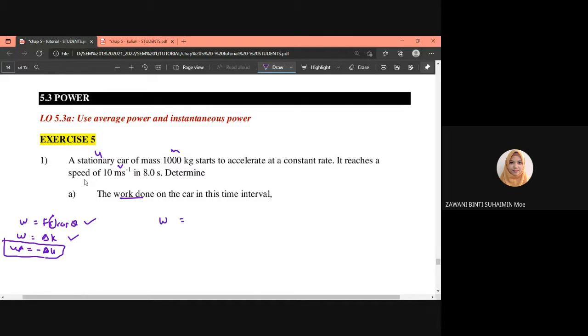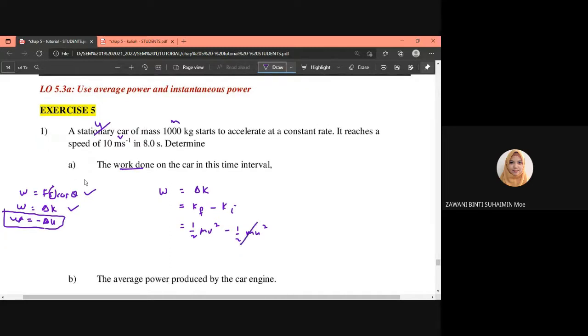So work is equal to the change of kinetic energy. K final minus K initial. So 1/2 mv square minus 1/2 mu square. Initially it's in stationary state, so meaning our initial velocity will be 0. So work is equal to 1/2, mass dah ada 1000 kg, lepas tu final velocity is equal to 10. Okay, so bila kita kira, kita akan dapat work kita bersamaan dengan